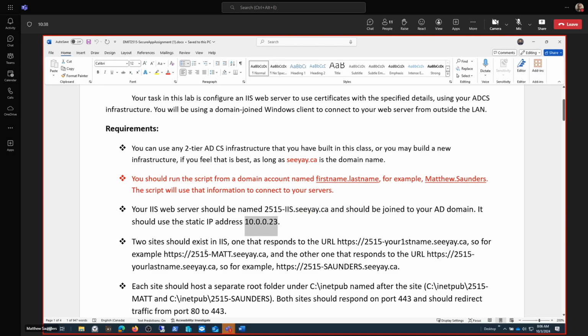Now, what I want is for there to be two different sites in IIS. One of them is going to be 2515 your first name. So for me, that would be 2515-matt.ca.ca. And the other one would be my last name, 2515-saunders.ca.ca. So you've got to substitute your own name into each of those two sites,